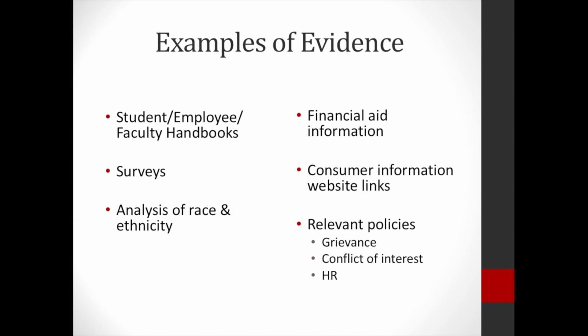Aligning institutional evidence alongside each criterion lends to a gap analysis that can be done to determine where resources may need to be developed, better documented, or updated. The current practice and process at the Commission is to capture institutional evidence in what we call a documentation roadmap. This is a template document that provides institutions with a listing of the criteria with each standard, with an accompanying box for institutions to fill in with their evidence.